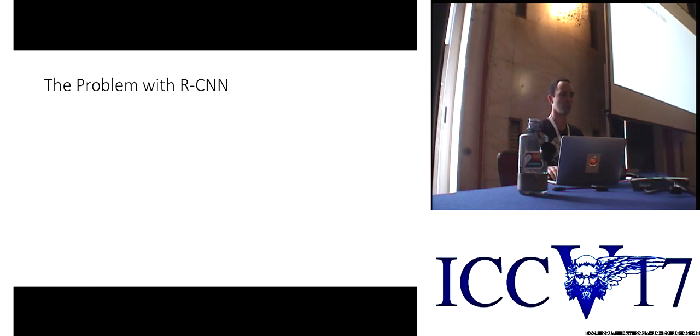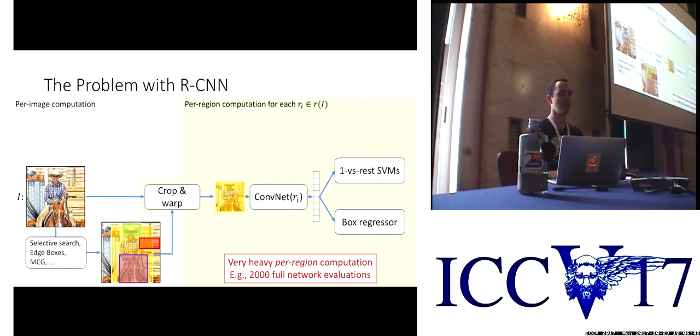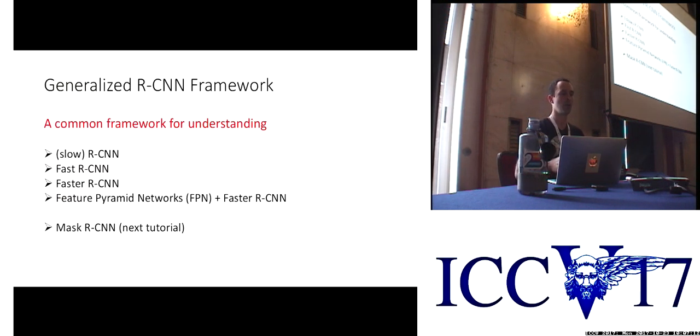Now, there's a big problem with this approach. The problem is that the amount of computation that's done per region is extremely heavy. And what this leads to is doing, say, 2,000 full neural network evaluations for a single image. That's going to take anywhere from a few seconds to several minutes, depending on the size of the neural network that's being used. So I now typically refer back to the system as sort of slow RCNN, in contrast to the subsequent methods. So what I want to do now is present Fast RCNN, and then a modified version that